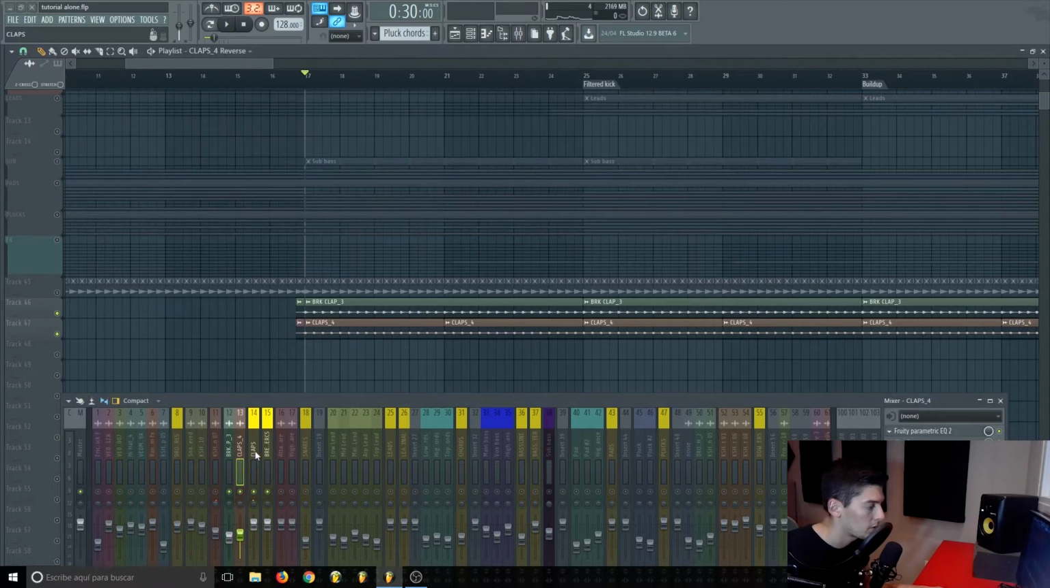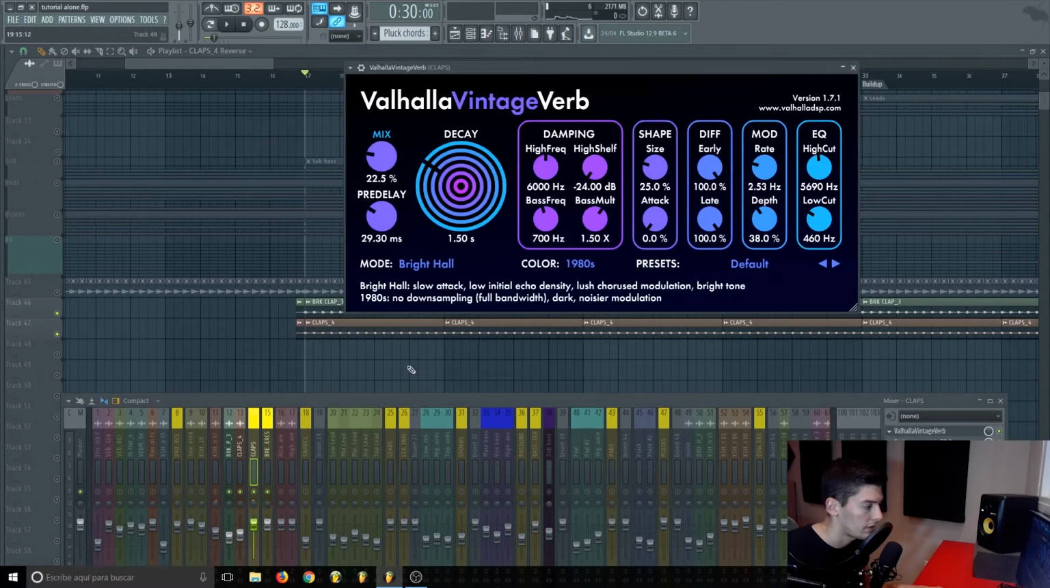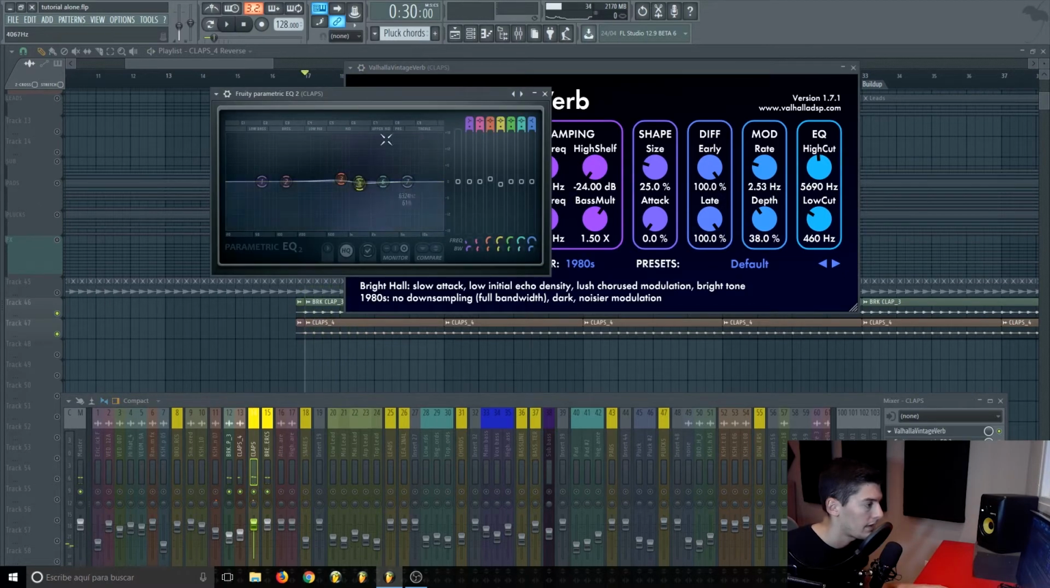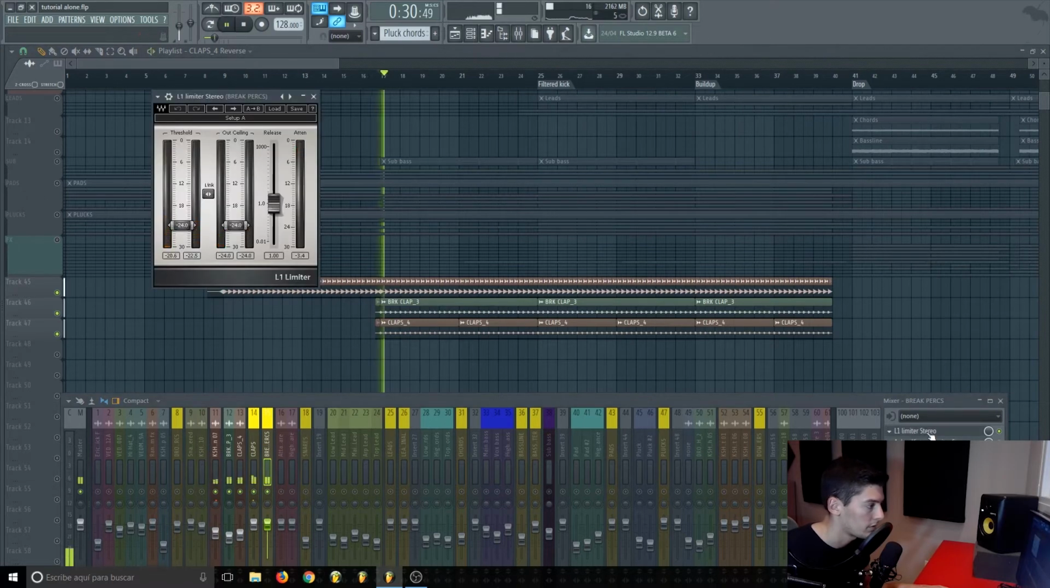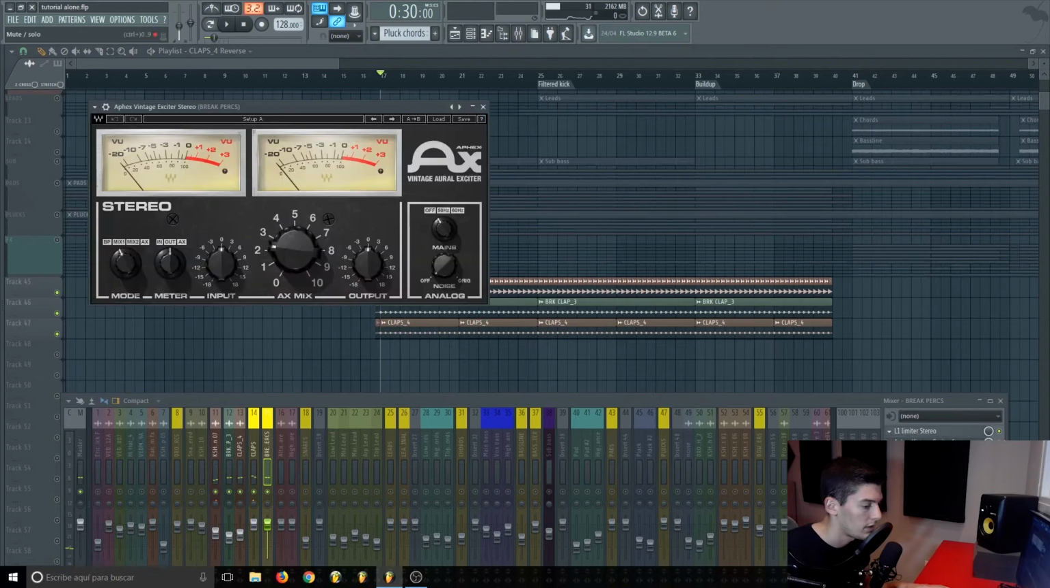And both claps go to the bus where I just have a reverb, the same one as the rides, but with less mix, so it's a bit more on the front. And a simple gear where I just pushed a bit on the mix and I reduced this area because I didn't like it. Claps on the right go to just this bus where I have a limiter to cut the peaks, a little exciter